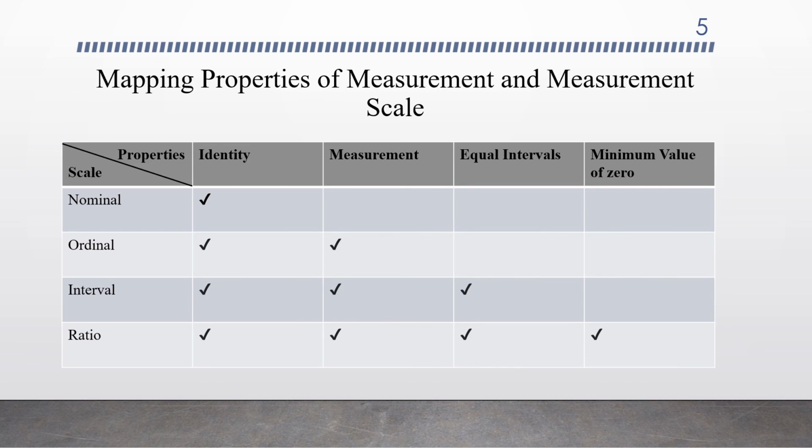To end, let us now map the 4 properties of measurement with respect to the 4 scales that we have discussed. So, it is easy for us to figure it out that identity property is being satisfied by all 4 scales, magnitude being satisfied by the 3 scales except the nominal scale, the equal interval property is being satisfied by interval as well as ratio scale, whereas the minimum value of 0 property is only being satisfied by the ratio